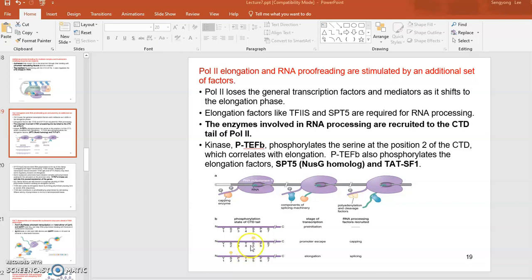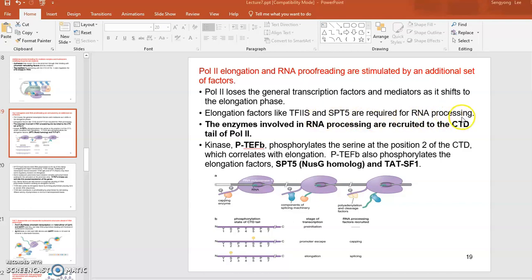So after the initiation of the transcription, the elongation is also mediated by different transcription factors, okay? Especially the general transcription factors that help the starting of the transcription. They are dissociated because the RNA polymerase will leave that promoter elements. And then when that happens, a different set of transcription factors like factor 2S and SPTs are required for